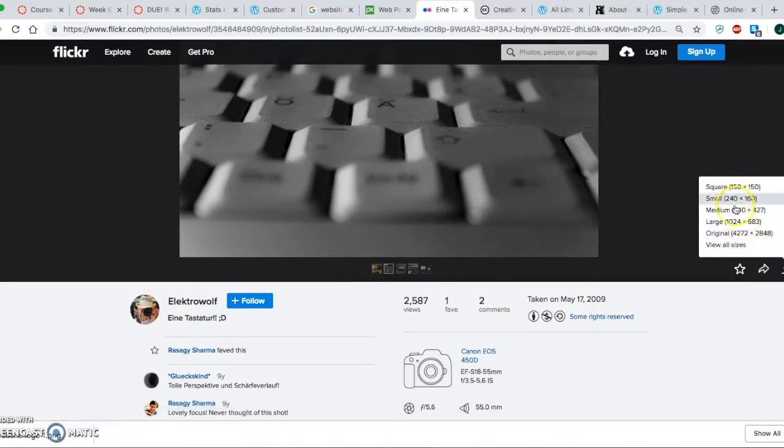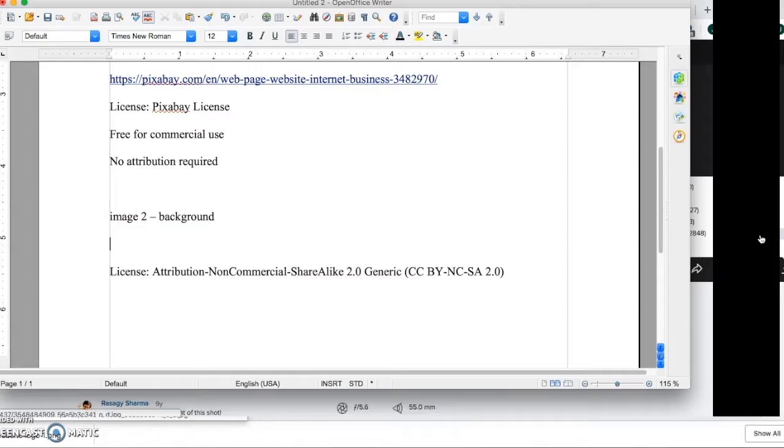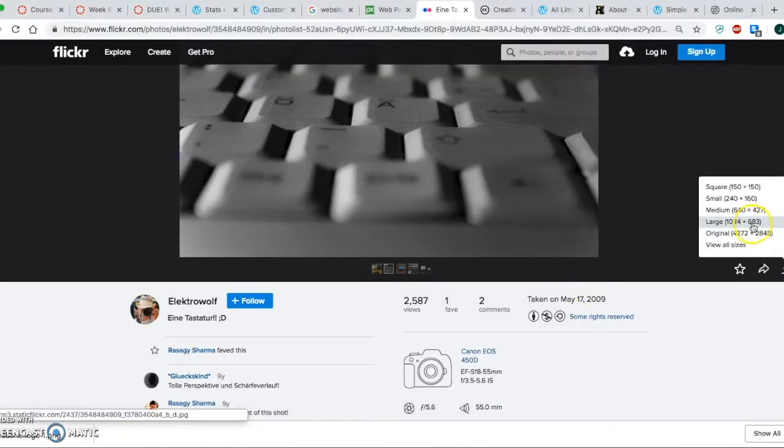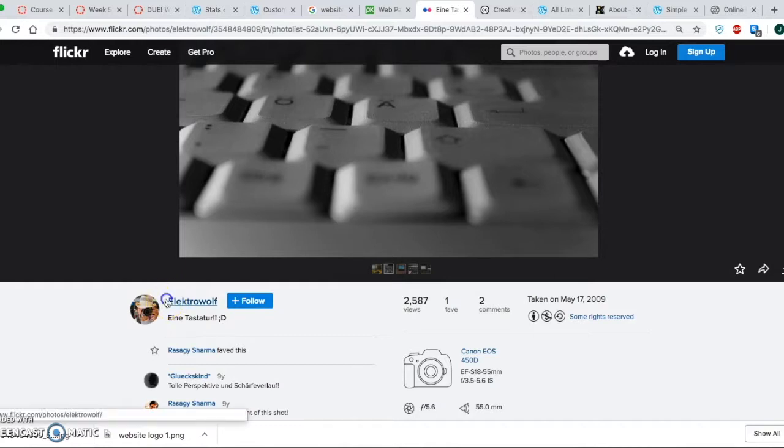And we see that we can get plenty big. It goes to size 4,000 pixels by 2,000 pixels. If we look back at our size, we need only 1,400 pixels roughly, so that's good. This large wouldn't quite do it, but original is more than enough. So we'll download that. That'll go in our downloads folder. And then we will copy